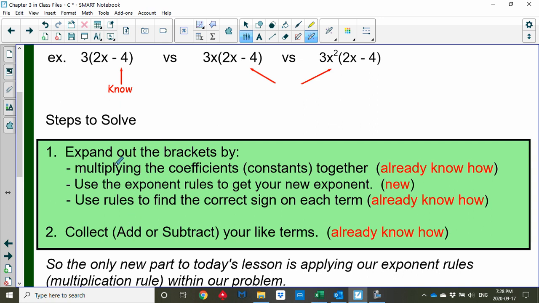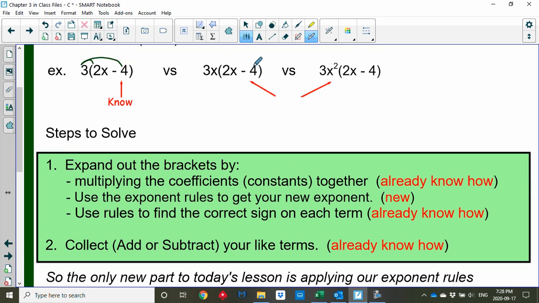some examples. But the first thing you're going to do is expand out the brackets by multiplying the coefficients or the constants together. You already know how to do this. 3 times 2 is 6, 3 times 4 is 12. That's what this is. The new part is using your exponent rules to get your new exponent. So when you have one like this or like this, we go 3 times 2 is 6, but x times x is x squared. X to the power of 1 times x to the power of 1. This is an exponent rule. We add the powers, we get x to the power of 2. So we get 6x squared,